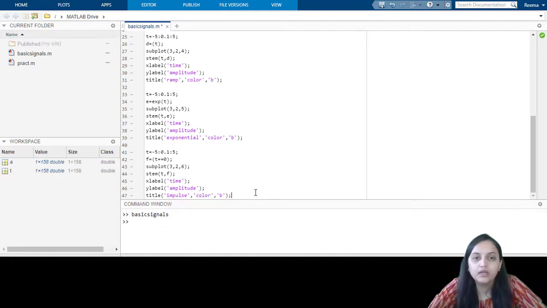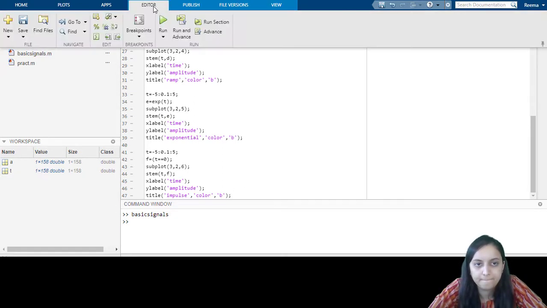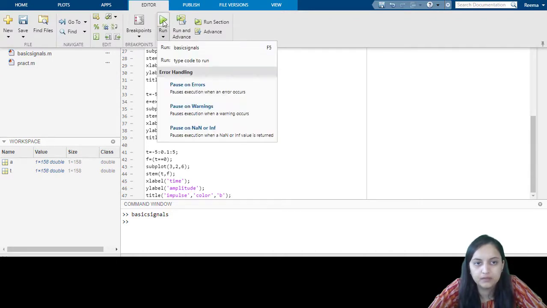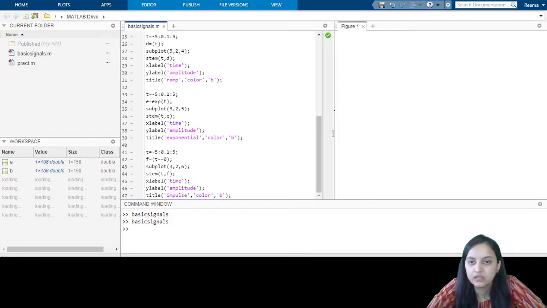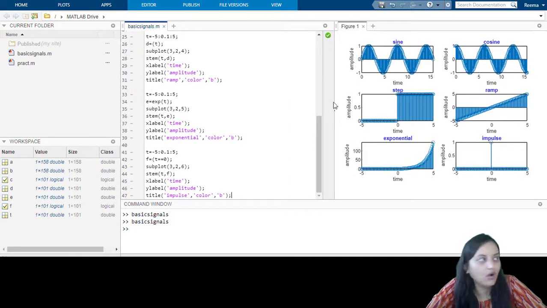Let us see how it will look at the output by running the code. So these basic signals will be plotted in the figure window. MATLAB is processing this code, and as you can see all the signals are plotted in the figure window.